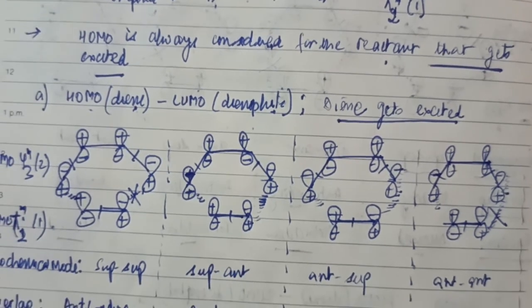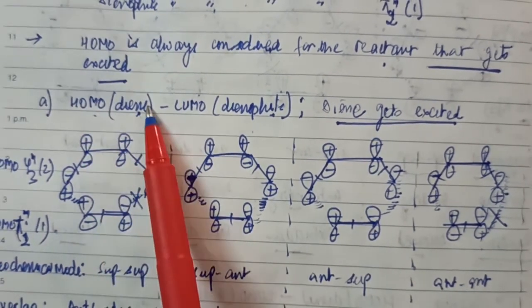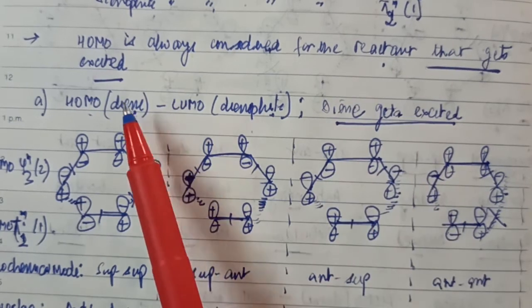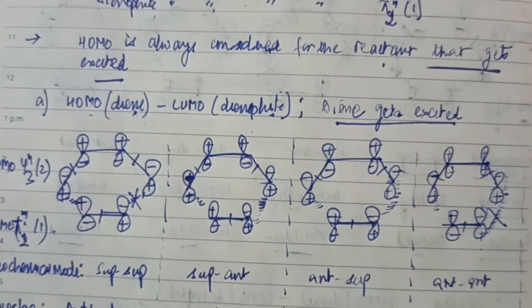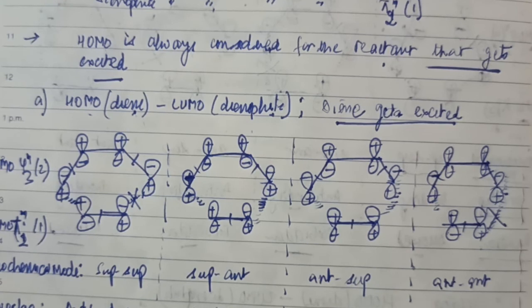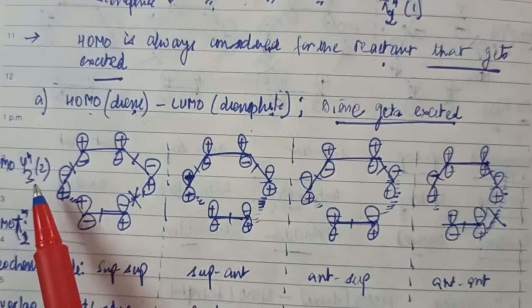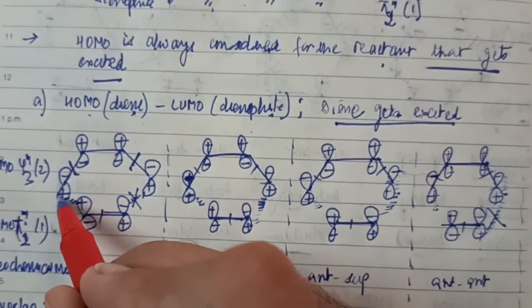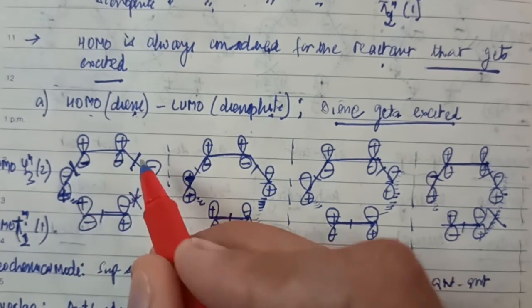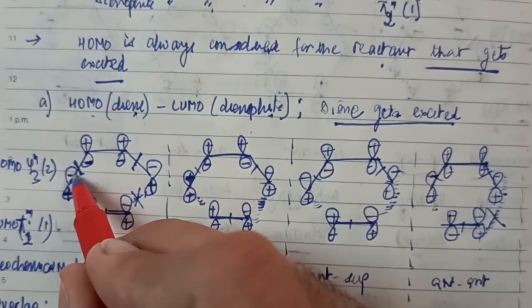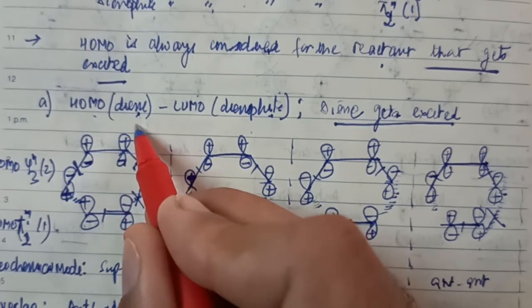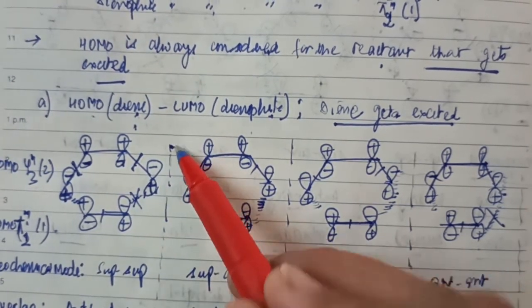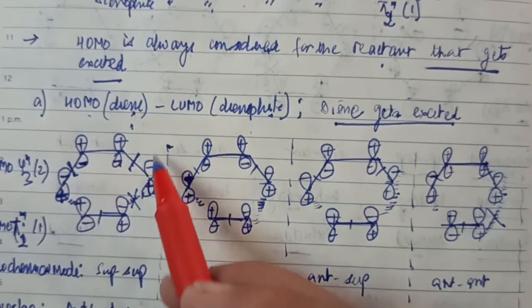Okay, let's consider the orbital picture here. HOMO of the diene gets excited. HOMO in the ground state was psi2, but once the electron struck the HOMO of the diene, the electron got excited to psi3 star, and now the new HOMO is psi3 star. Psi3 star has how many nodes? 2 nodes. 2 nodes means one here and one here. If I have to put the signs here, I have a plus here, node, negative, negative, node, plus. And if this is plus, this is minus, this minus, this plus. This is the orbital picture for the HOMO of the diene.